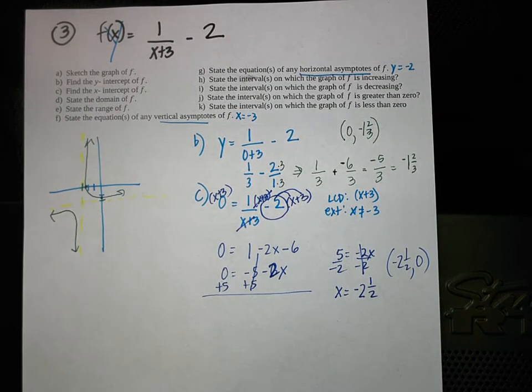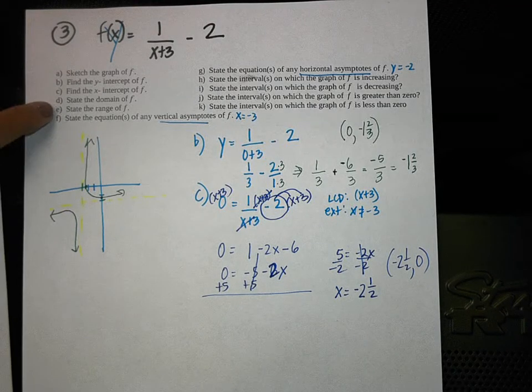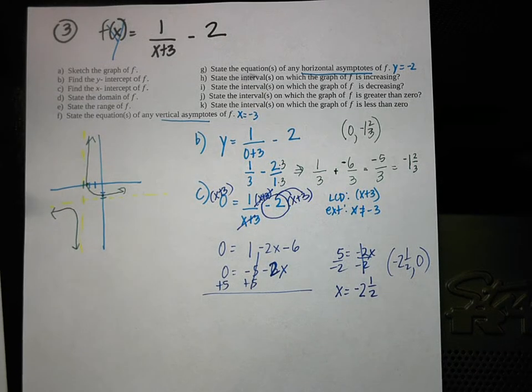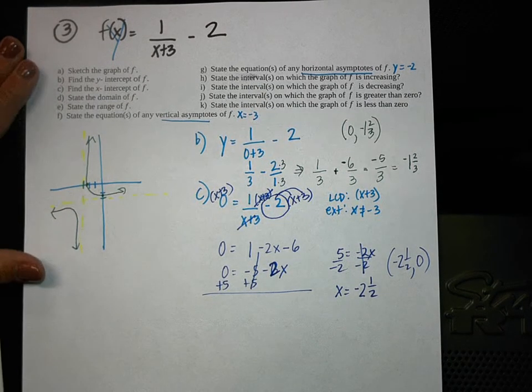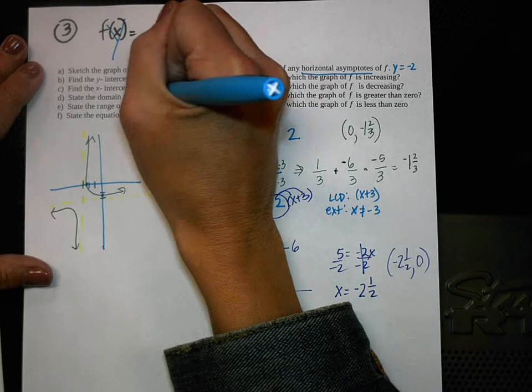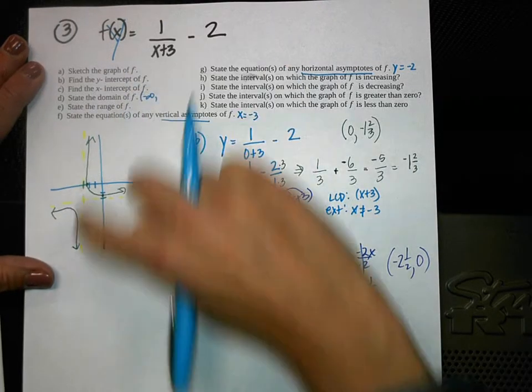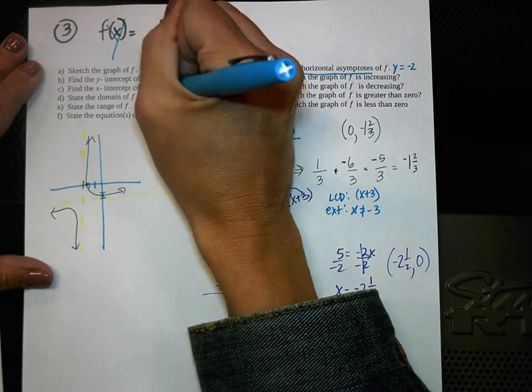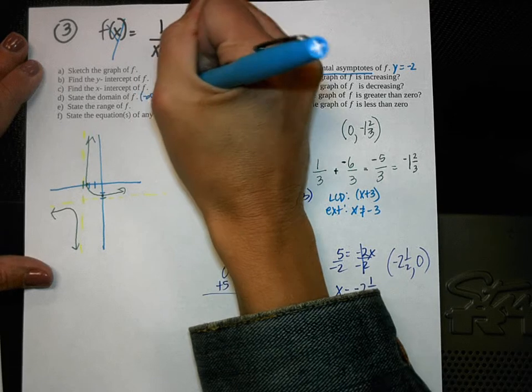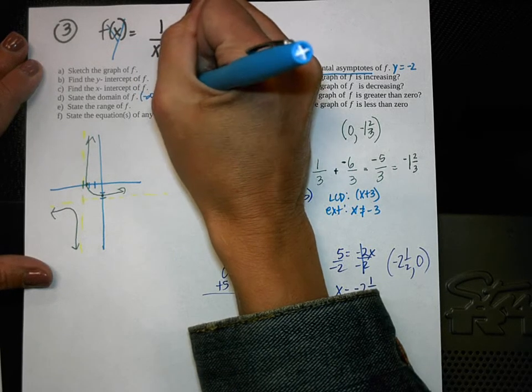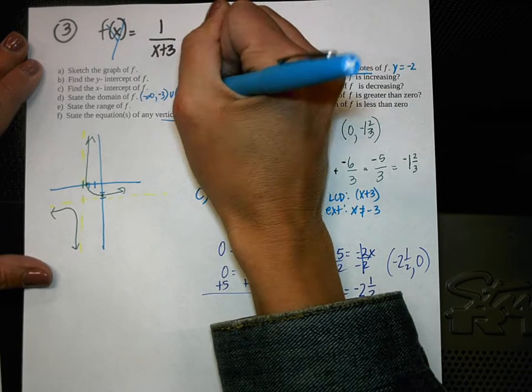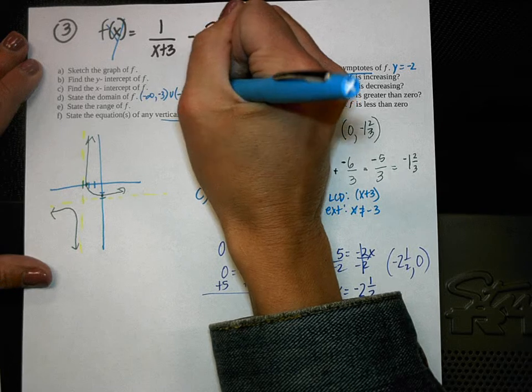We've done the tough part of the problem. Okay, so now moving on to D, it says state the domain. So remember, domain's going from left to right. And so therefore my domain is going to be what? Negative infinity, and it stops at our asymptote there, which is at negative 3. And then it starts right back up again at negative 3, and it goes all the way till, very good,